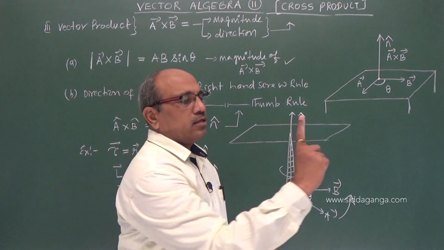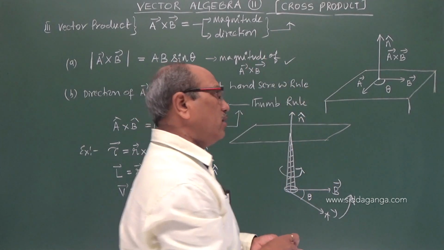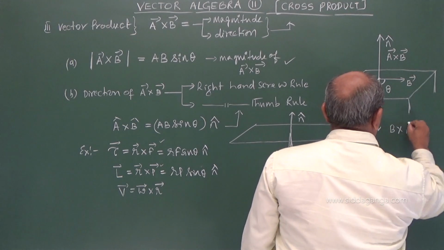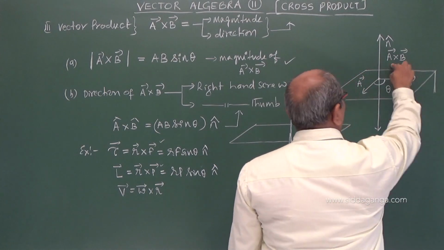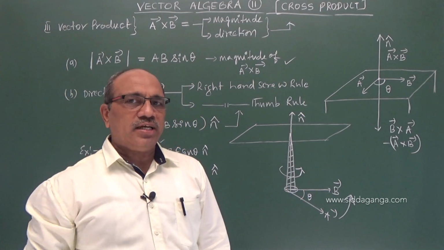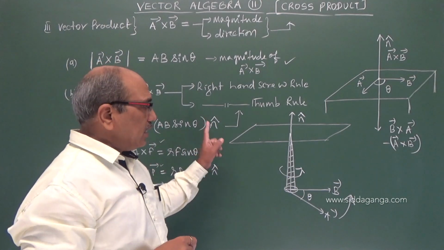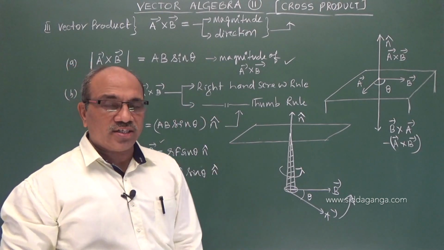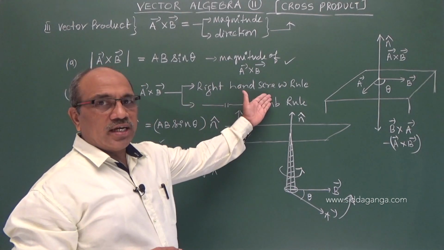So clearly, anti-clockwise moves up, clockwise it comes down. The direction is downward. That I can write as B cross A. I can write it as minus A cross B also, because it is opposite to A cross B. The angle between them is 180 degrees. Both are not in the same direction. Therefore, it is more significant. We only say the magnitude is AB sin theta, but the direction is given by this right hand screw rule. That statement is also asked in the exam, in the board examinations or for tests: state and explain the right hand screw rule.